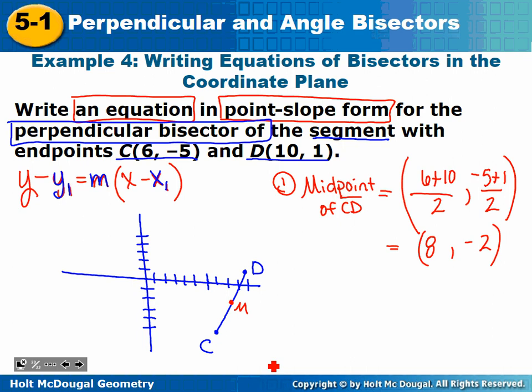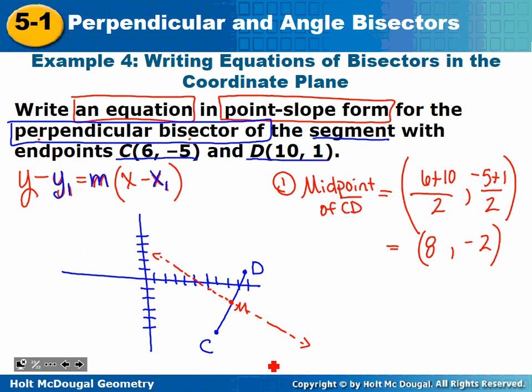Okay, so again, we're trying to write the equation of the line that's going to go through CD, be perpendicular to it, and bisect it. So we know for sure that our line's going to go through M. So what am I going to do with this (8, -2) when I write my equation? Where's that going to go in my equation? In the x1 and y1, right? Because it is a point that is going to be on my line. My line needs to go through M,